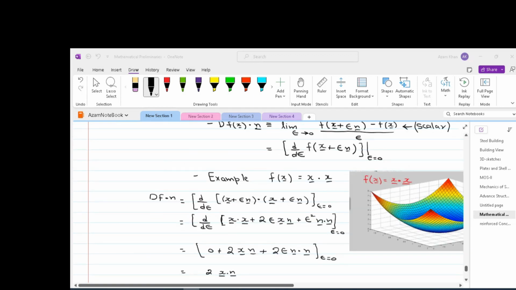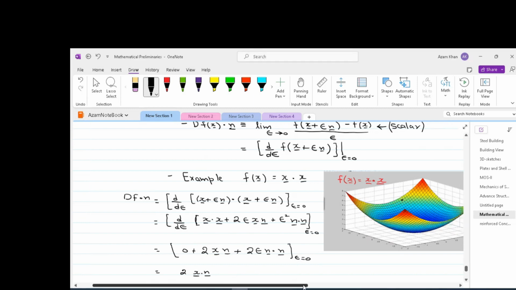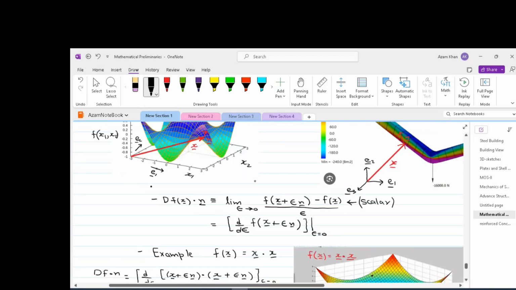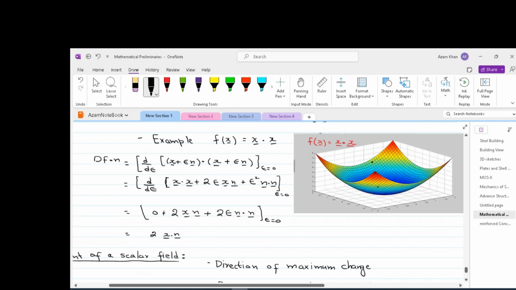So if we have a function, say defined as x dot x, this is a function in the form of x square. So in other words, this function is drawn over here. This is like a parabolic surface. In order to apply this operator, the directional derivative, if we take any point on this surface, and we want to move by unit vector n and aim to find the rate of change of that function in that particular unit vector direction,